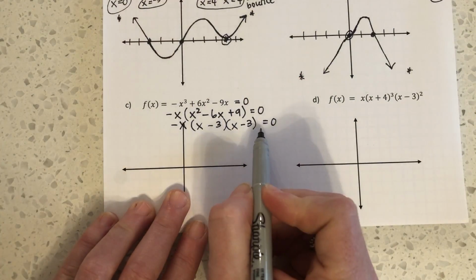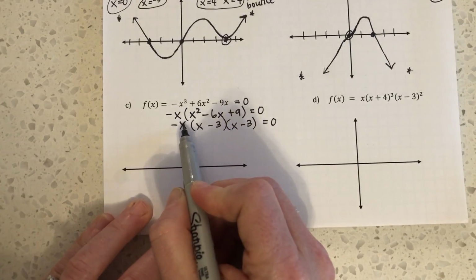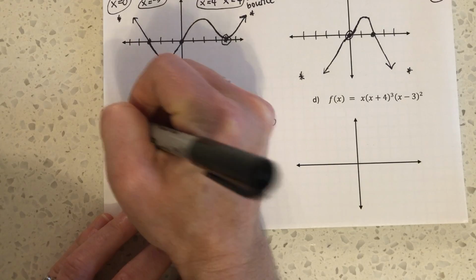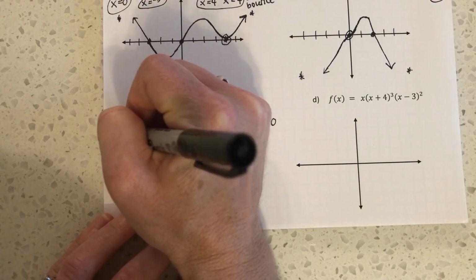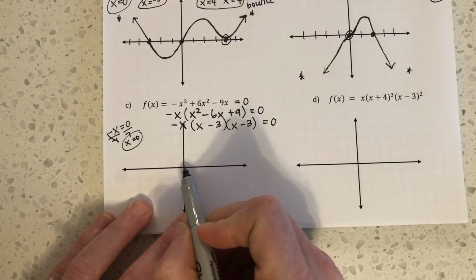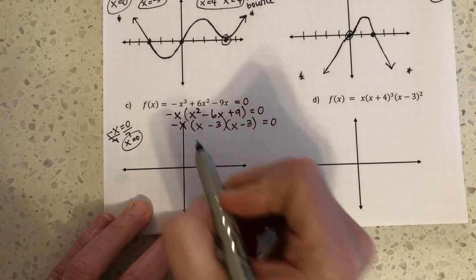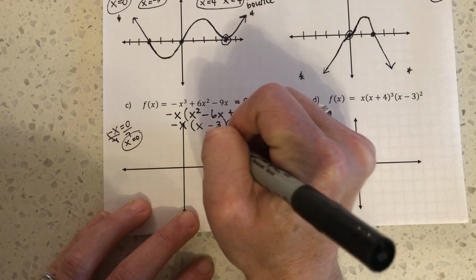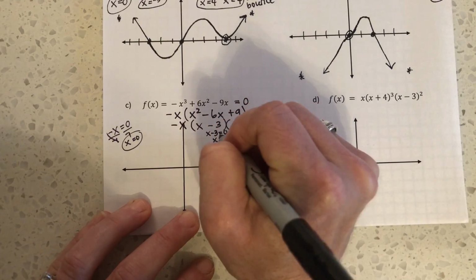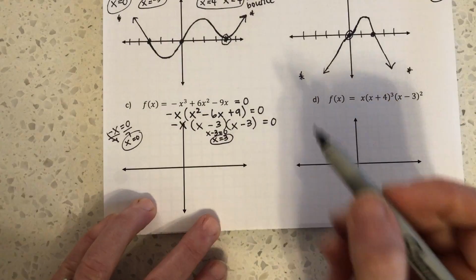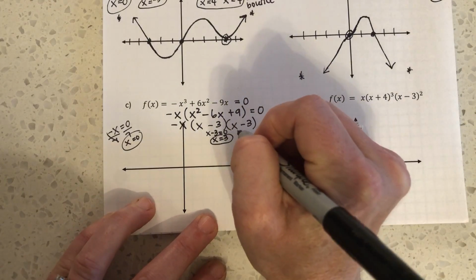Okay, now you can set your factors equal to 0 and solve. So if I set this factor equal to 0, set negative x equal to 0, divide by negative 1, and I get x equals 0. So 0 is one of my roots or x-intercepts. If I set this factor equal to 0, I get x equals 3. So x equals 3 is one of my roots, one of my x-intercepts, one of my zeros. If I set this one equal to 0,